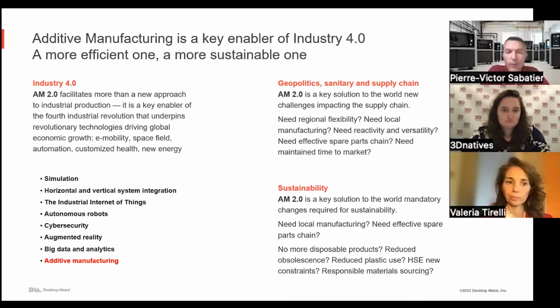More and more people talk about it, but in fact, we're speaking about the product life, how to reduce the use of plastics, the obsolescence of products, the way you source your materials. Is it coming from a sustainable source? Is it responsible? That's something really important to keep in mind, and that's again where additive manufacturing can have a big impact. So if we go to the next slide,